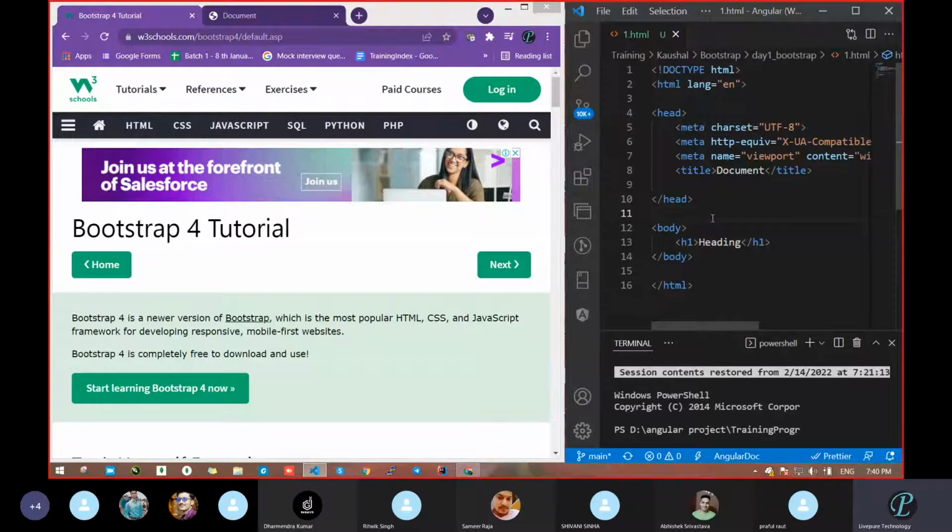This is the type of question interviewers ask. Somebody told that it reduces the lines of code. How does it reduce the lines of code? In CSS, we also write five lines of code. But in Bootstrap, how do you say it is going to reduce the lines of code? Somebody told that it is fast and easy. How is it fast?